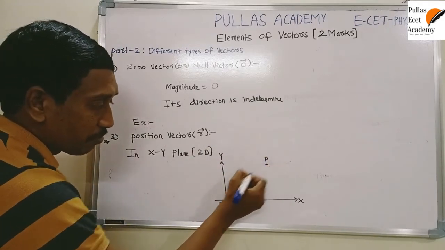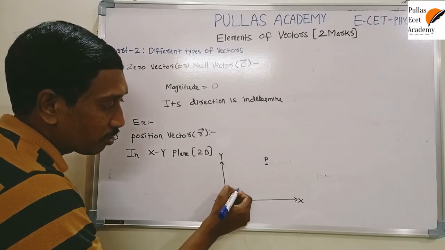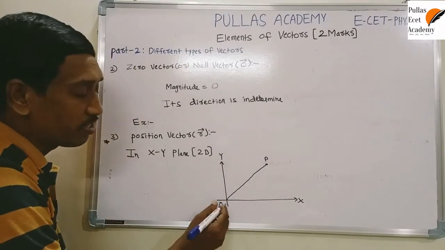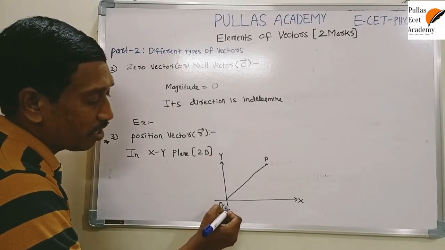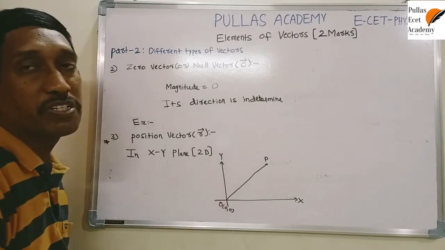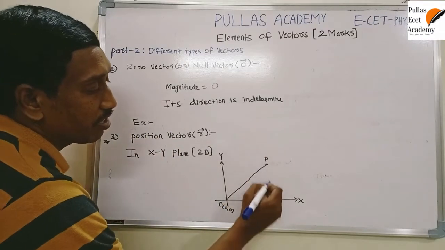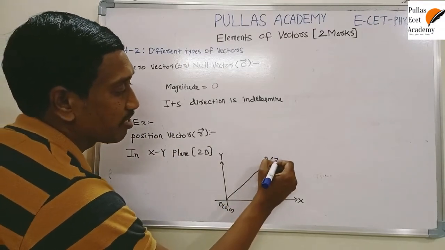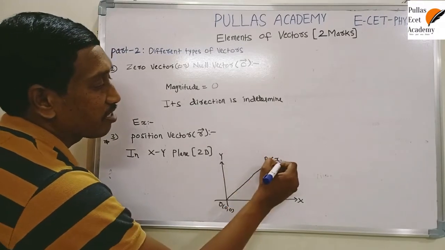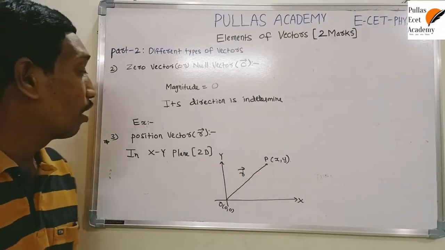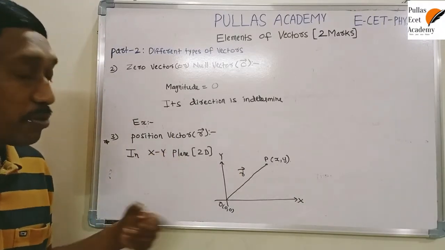What is the position of this vector? If you want to understand, draw a straight line to this given position. So this is a known position, and this origin is called the 0, 0 position. What this position is, is understood by the position vector. Actually, its position with respect to the x-axis is x. With respect to the y-axis, its position is y. So this is represented by r bar.